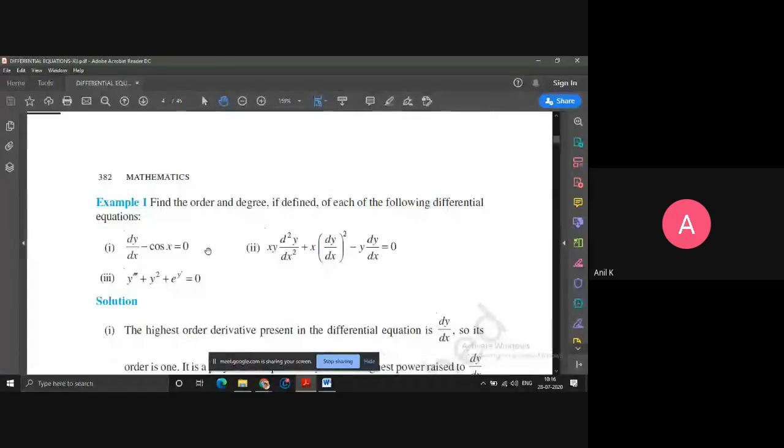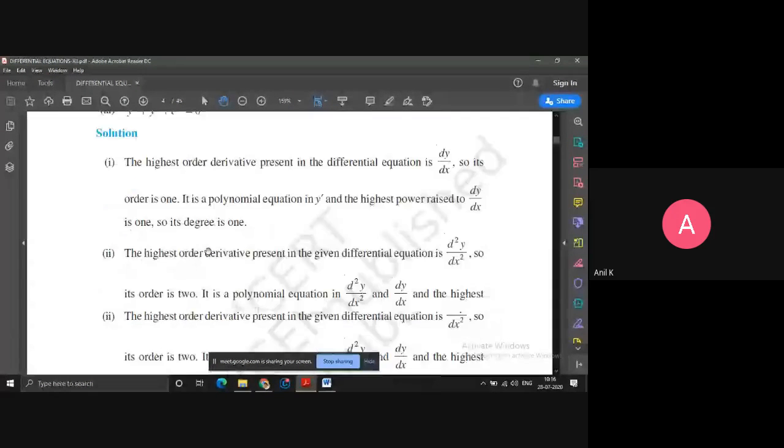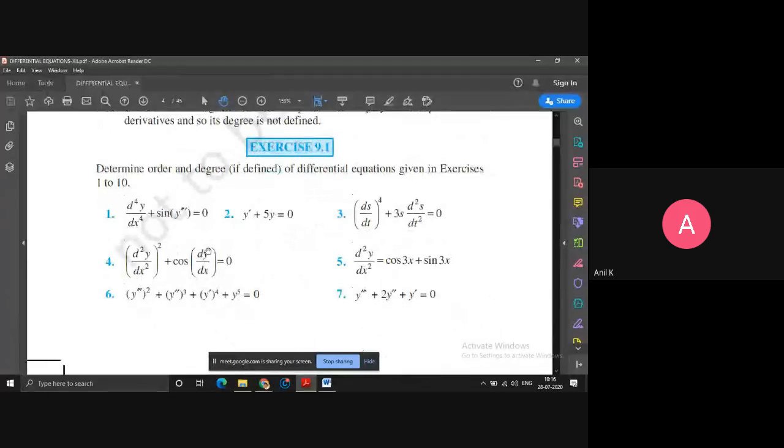So like this, the whole first exercise is to find the order and degree of the differential equation. For the first one, you can say order is 4, d4y by dx to the power of 4. But you cannot say the degree because you have sine of the differential term d3y by dx cubed. So order is 4 and degree cannot be defined.